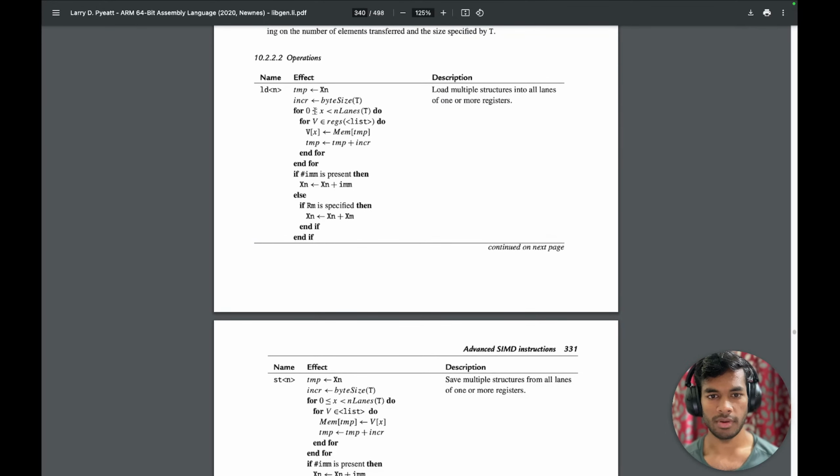So x will go from 0 till 7. At 8 it will get out of the loop, and then inside, for every register in the list,